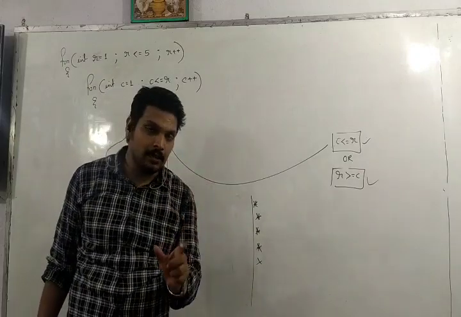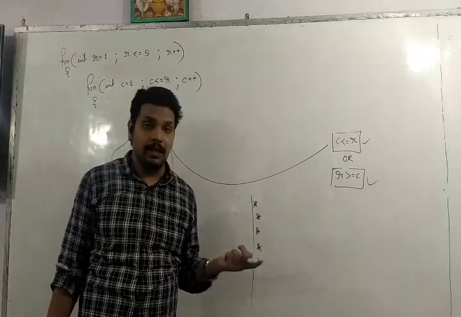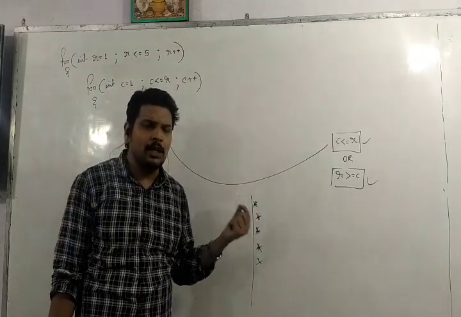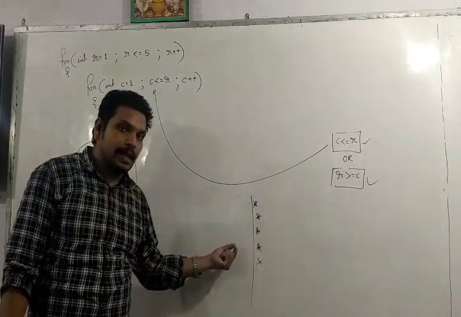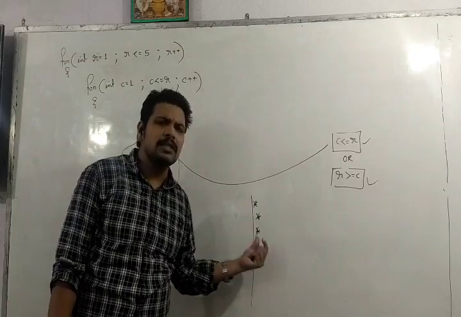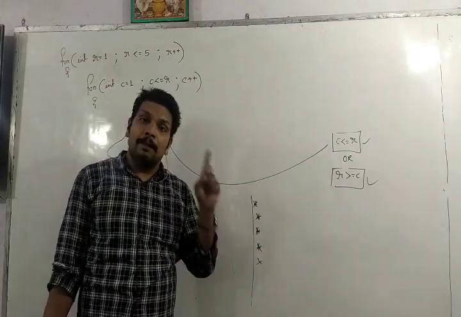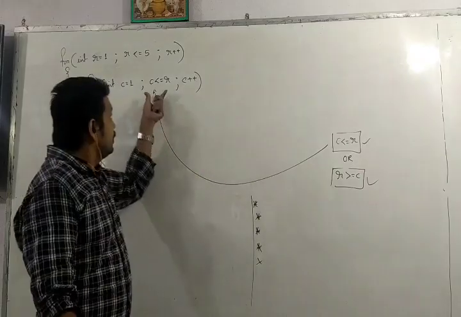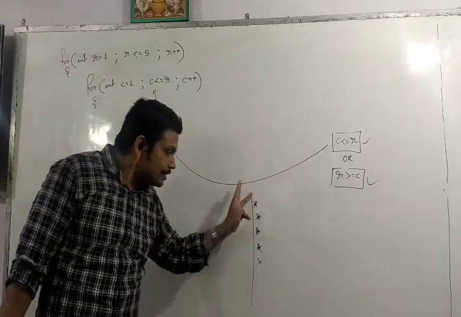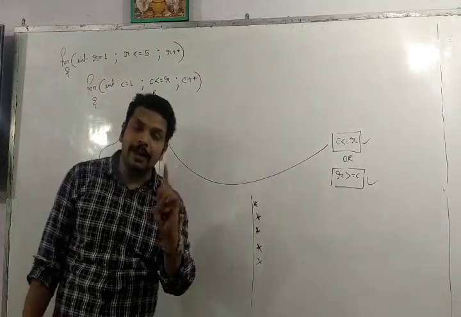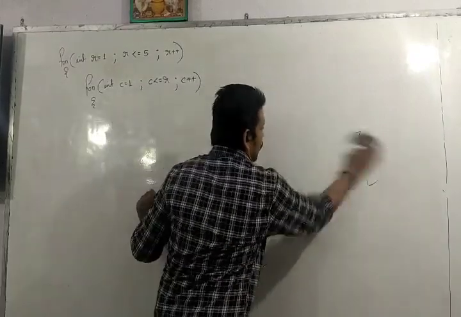I will clear this thing again. Yes or no? There is no need of printing stars. Directly we can bring the cursor to the next line and print the stars, 2 stars, 3 stars, then bring the cursor to the next line if this condition is not satisfied. But when can this be done? Only if the stars are attached towards the left margin of output screen. So very important.